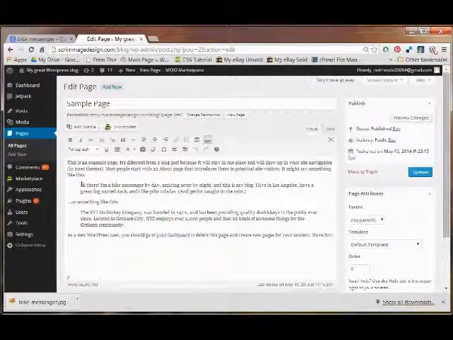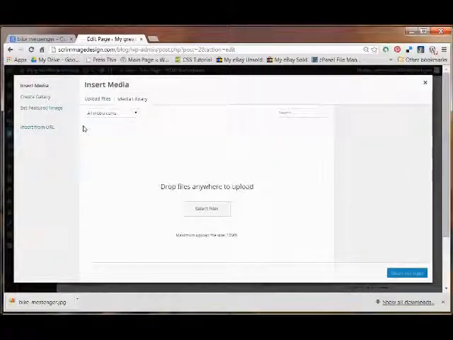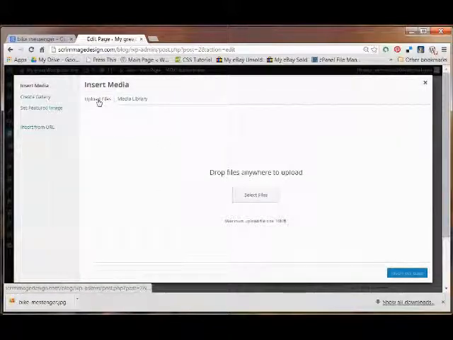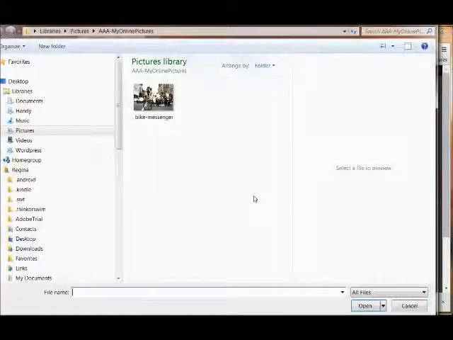So I'm going to put my cursor right here because this is where I want the picture to be. I'm going to go straight up and click on Add Media. Okay, and if I had things in my media library, they would open right here, but we don't have anything yet. So it gives me the option of Select Files. Okay, if you have pictures here, you would go to Upload Files. And you're going to click Select Files, and that's going to pull up that